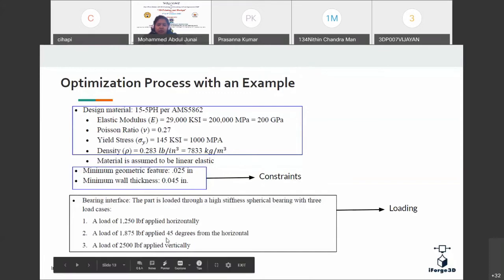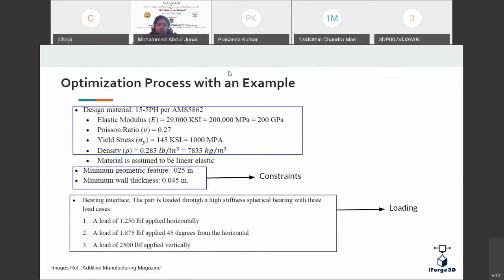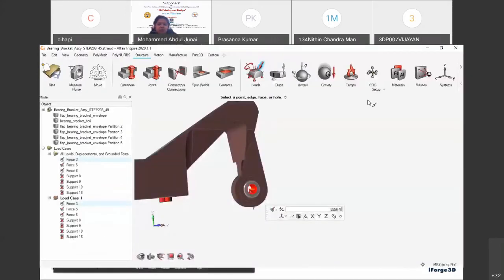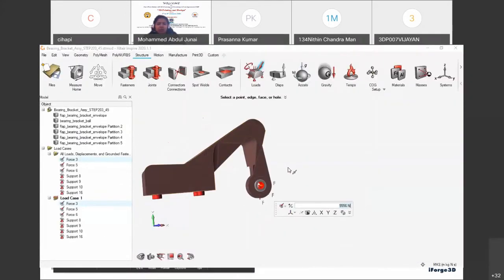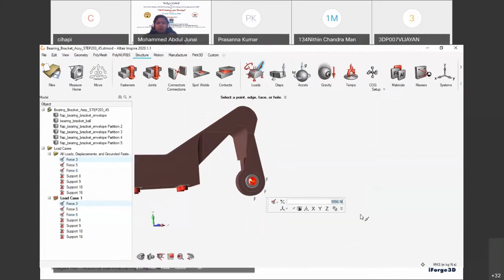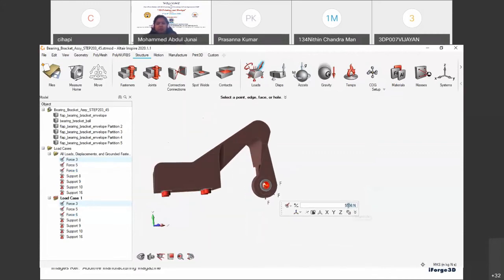These loads I've converted from pounds into newtons and applied.